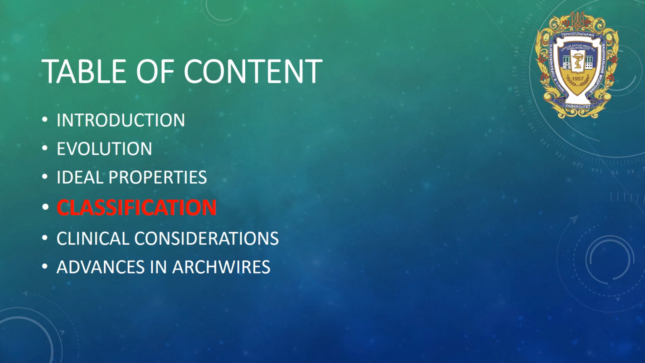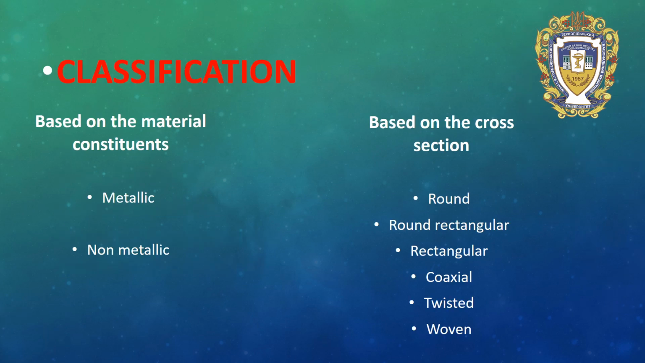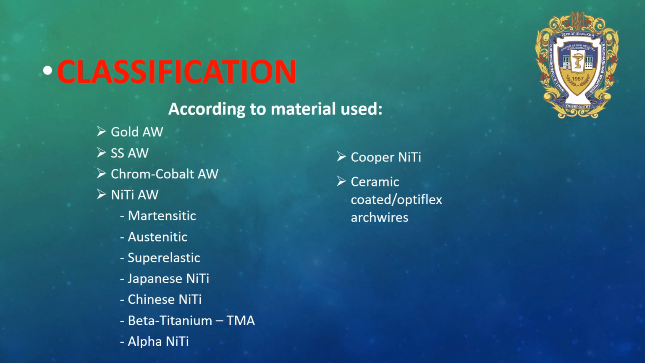Classification of archwires. Classification based on the material constituents: metallic or non-metallic. Based on the cross section, archwires can be round, rectangular, coaxial, twisted, woven. According to material used,